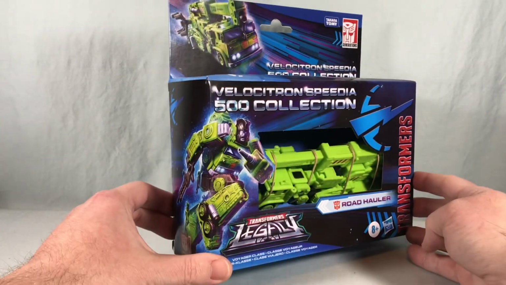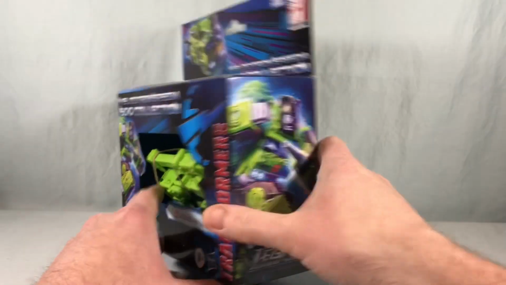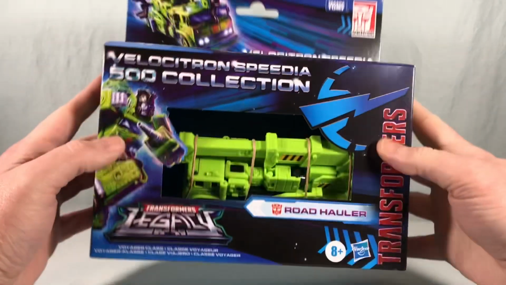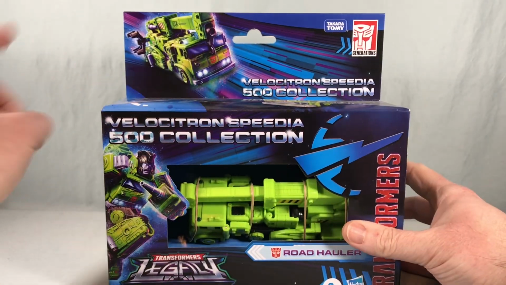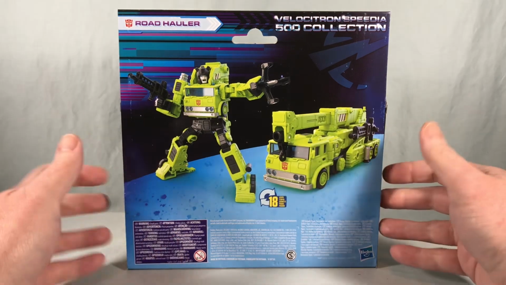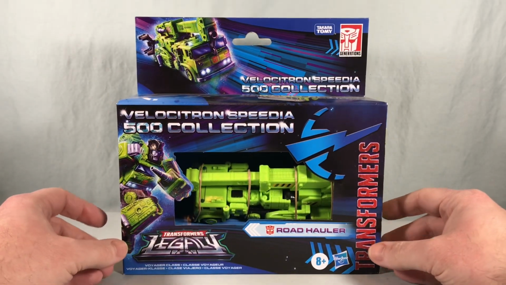Really nice artwork of Road Hauler here on the front wrapping around to the side. And then we have a close-up of that same artwork over here on this side. Not really much going on the bottom. Up here we have a nice product shot of the vehicle mode, as well as some artwork of the vehicle mode over here on the flap. Spinning it around to the back, we have some product shots for robot mode and vehicle mode. Looking pretty good, so let's go ahead and get Road Hauler out of the packaging here, and we'll take a